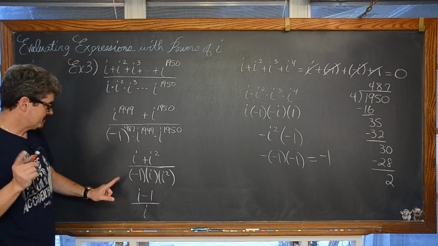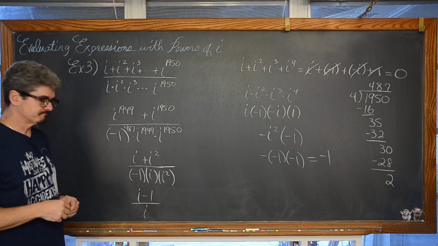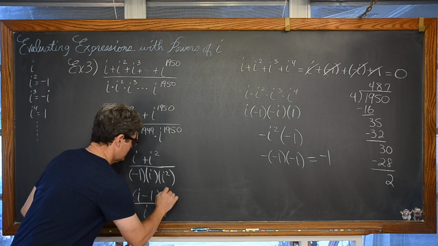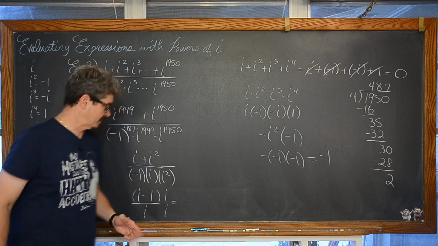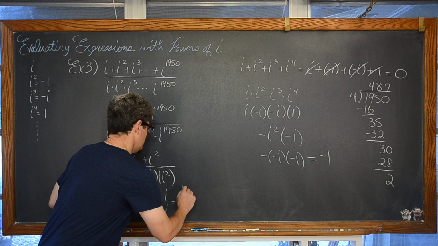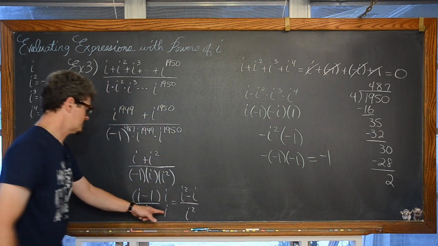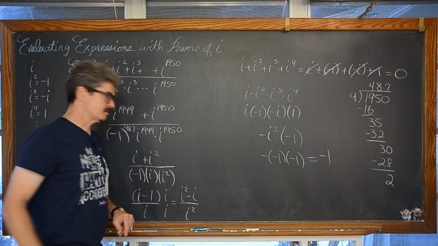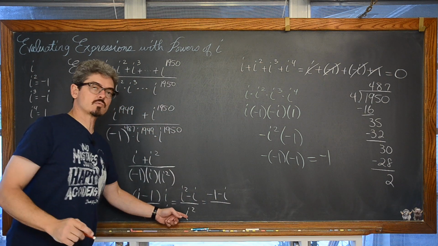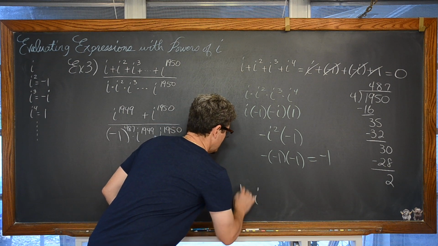And we're good to go. Now, we're going to rationalize this so that we can write it as a proper complex number. We're going to multiply the numerator and denominator by i. I keep saying rationalizing as if we're getting square roots out of the denominator, but we do want that i out of the denominator. That's going to give us i squared minus i over i times i, which is i squared, and i squared is equal to negative 1, minus i. Again, i squared is equal to negative 1, and we come up with 1 plus i.